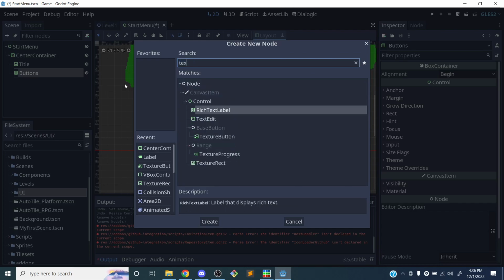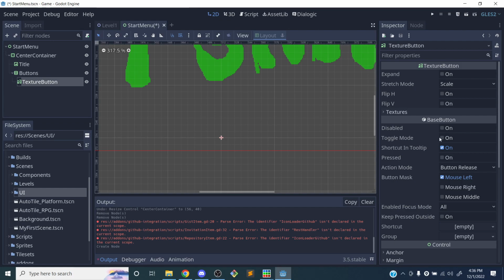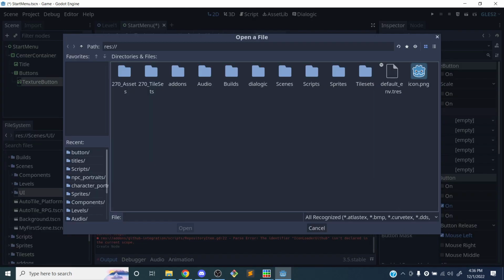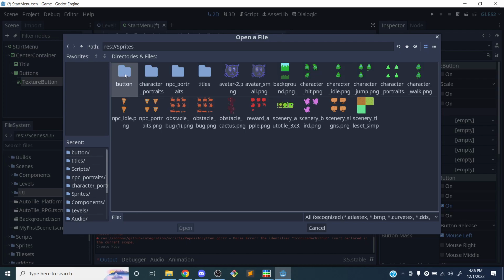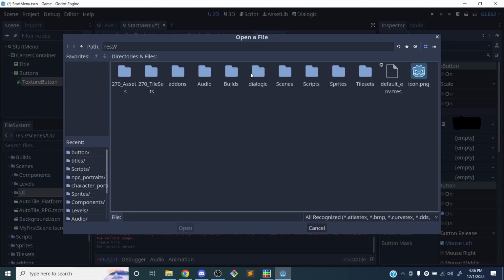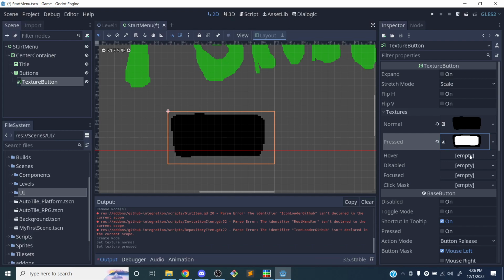So I'll add a texture button and go to my textures and go to sprites, go to button. Here's my main texture. My pressed